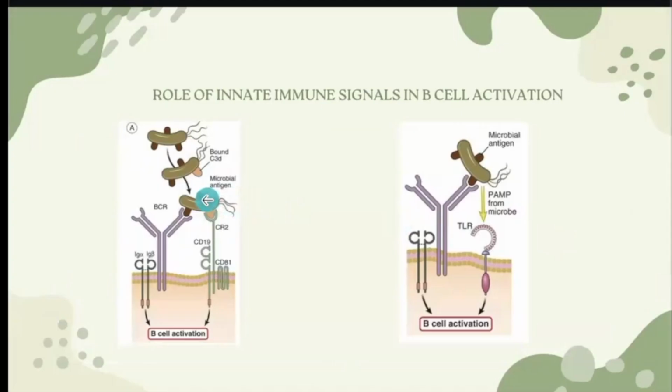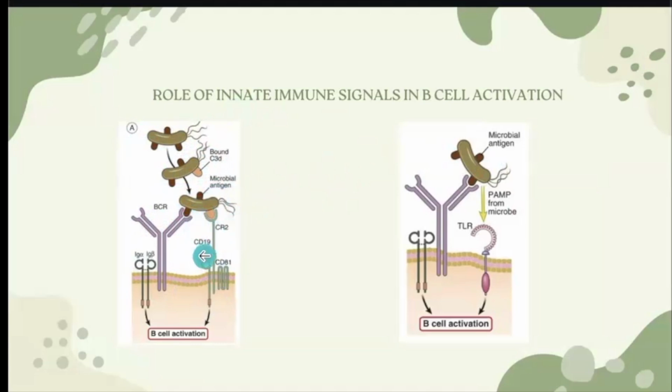Role of innate immune signals in B cell activation. There are two major innate immune signals that enhance B cell activation. This can be through a microbial antigen coded in a C3d. For example, when the BCR recognizes the microbial antigen, the co-receptor complex containing CR2 recognizes the antigen attached with a